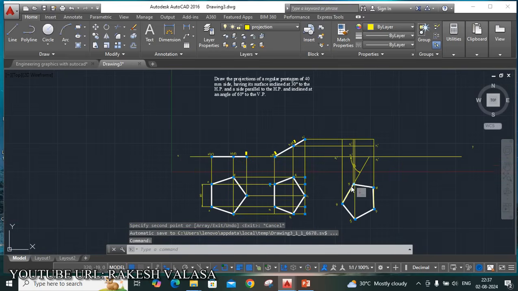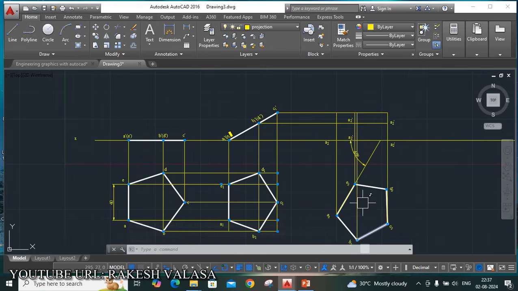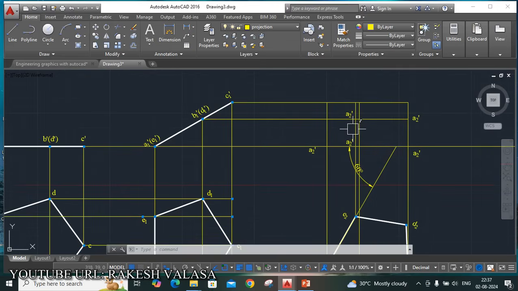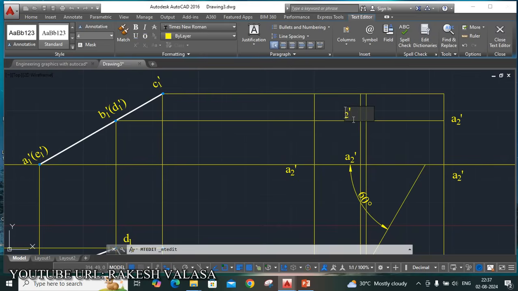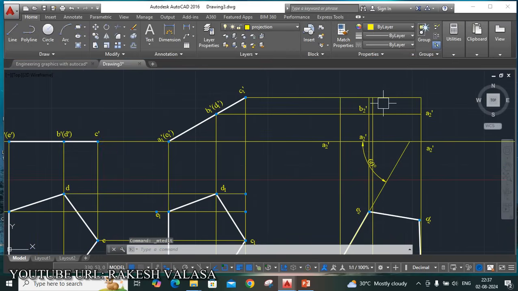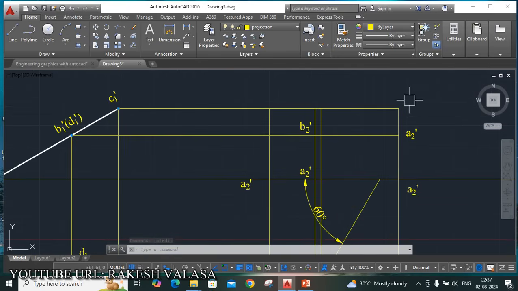Now change the names. This is the A2. Next this is the B2 dash. Next C2, this top one is C2.